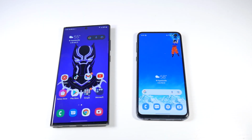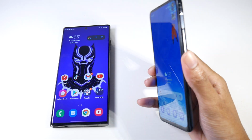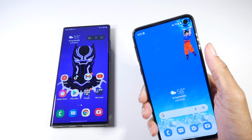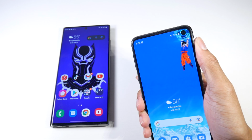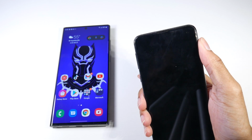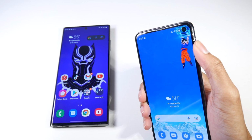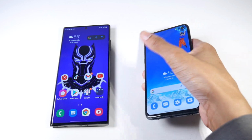Alright, so I want to touch on the biometrics here. Samsung, I think, and they really haven't gone this route on a lot of phones, which I love, this implementation of the fingerprint sensor. They have it on the power button, so you just never think about unlocking the phone with this guy. It is really instant, very fast, and I absolutely love this method. You also have face unlock on here too. The in-display